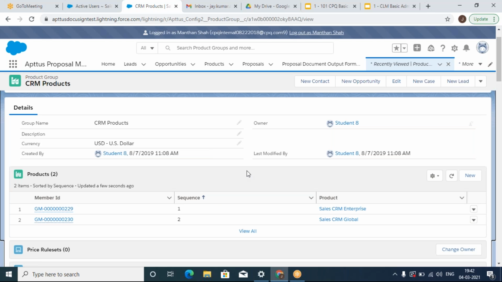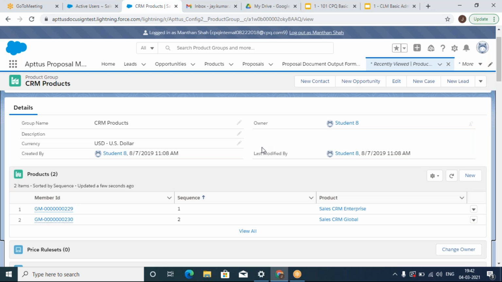Yeah, so this sequence is something that you might have also observed on every object of Aptus, right? So it's not only here, it is on every object. So what happens is whenever you are setting up or implementing the different things in Aptus, the system is evaluating all the records in a sequential manner. So if there is a requirement where you have to make sure that first this should execute and then the other one should execute,